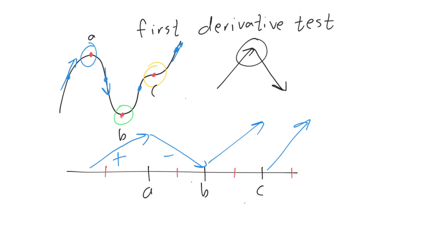So it's fairly easy to see now that this one right here is a maximum because it goes up and comes back down. Here we have a minimum at B because it goes down and comes back up. And then at C, it's nothing because, well, it's going up and going up further. So this is how we use the first derivative test to determine which of our critical points are max, mins,